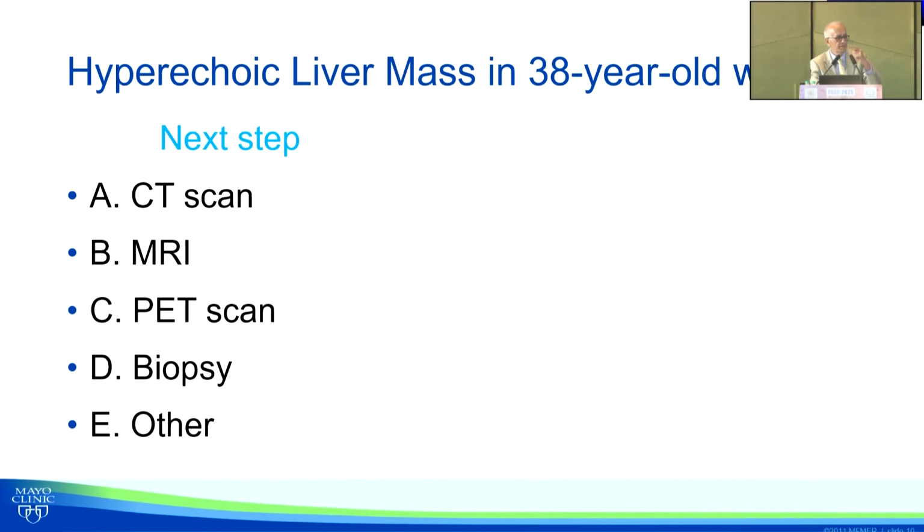It could be a focal fatty infiltration also. So this is the problem. A hemangioma is hyperechoic. A fatty liver is also hyperechoic. So your differentiation is a bit of a problem. So generally ultrasound is good enough for hemangioma, but in an obese person it's not enough. And of course, this is someone who's very anxious, you need a little more.